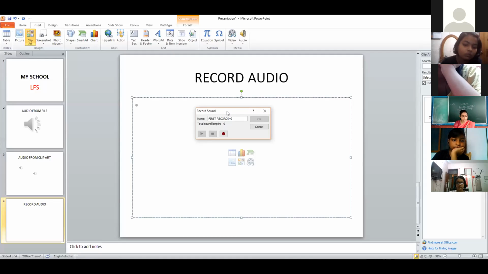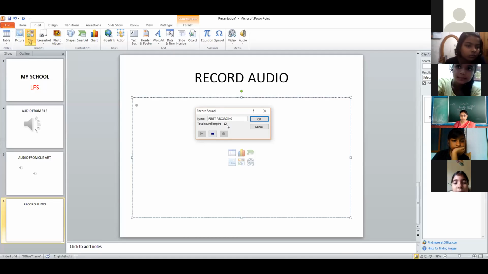Now the next step is click on the audio drop down arrow. Choose record audio. Now you can see here the number is increasing. On that red button I have clicked, and as soon as I clicked, it started. This number is showing the length of the audio. Right now, whatever I'm speaking is being recorded. And this is the stop button. I have clicked it. You can see here the timing, 25.3.